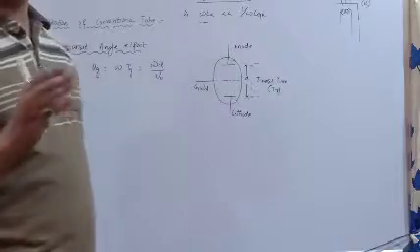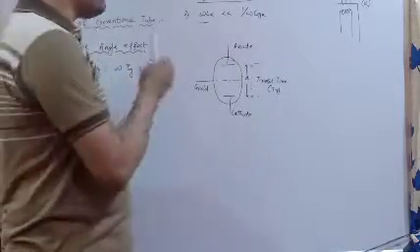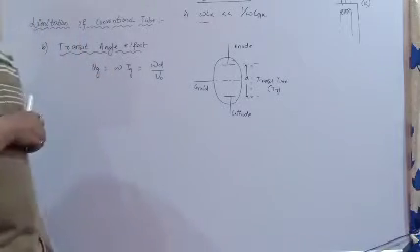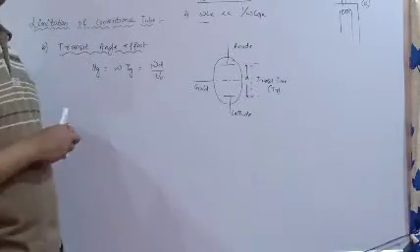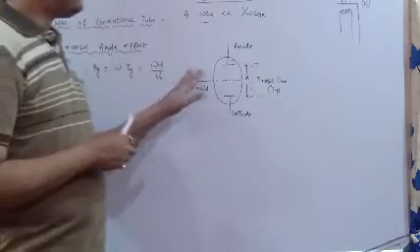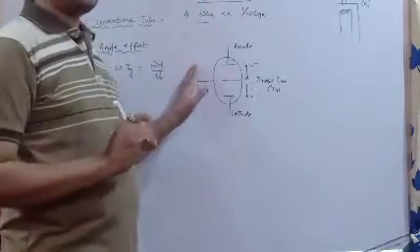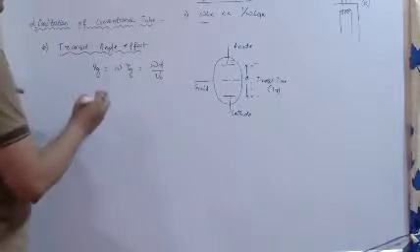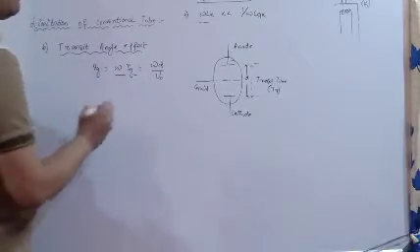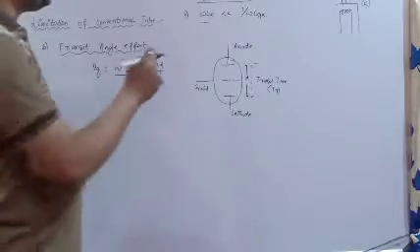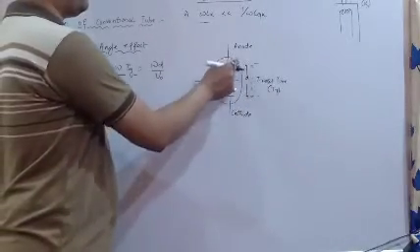If the efficiency is very less, how can we justify it? We can justify it with the help of this particular angle, the transit angle. Suppose there is no grid, the electron beam will move in its own direction. So here, how many parameters are there? This omega into tau g. So tau g is the time taken by an electron to move from cathode to anode.